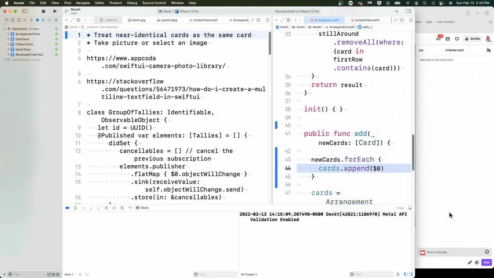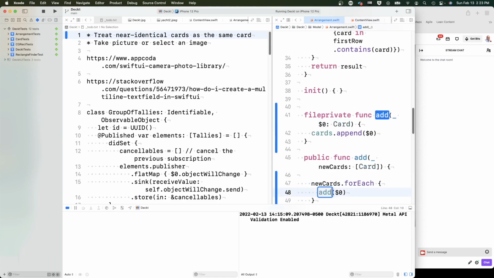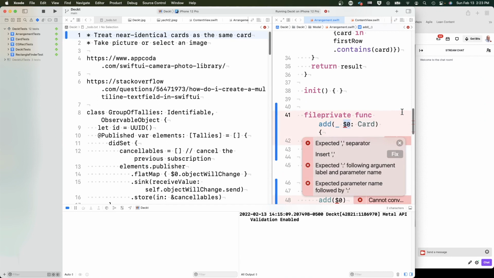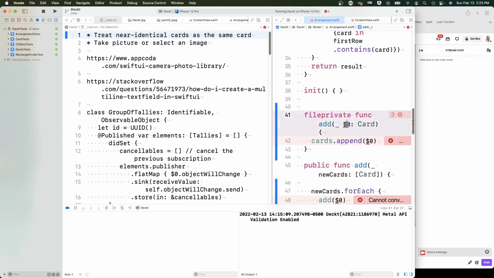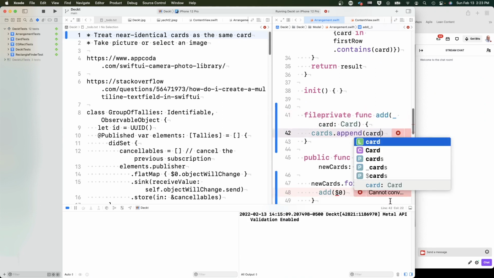Okay. I'm going to say add. $0 is a really bad name there, but can I rename that? No, he's going to go insane first. Yeah, okay. This is a card, and this is a card. Okay, so when I say